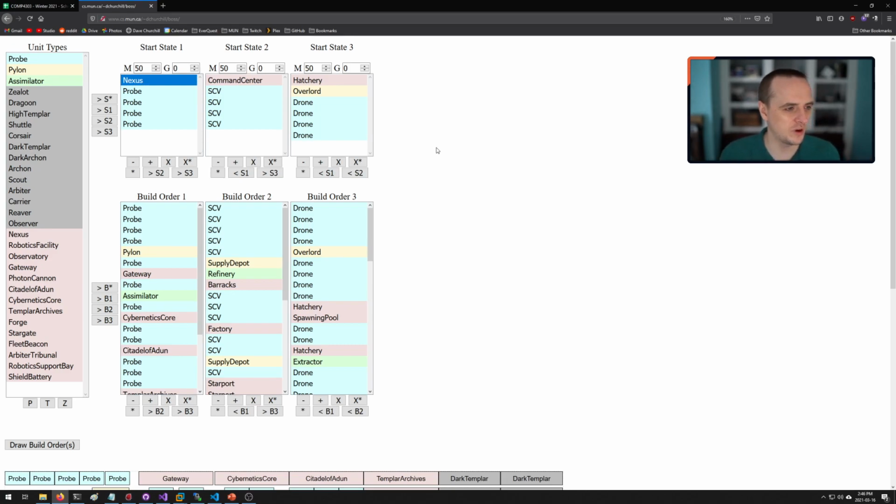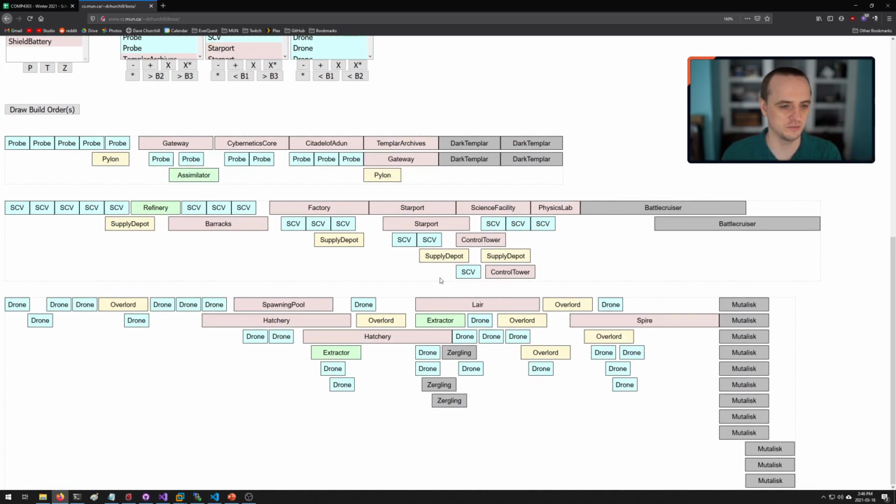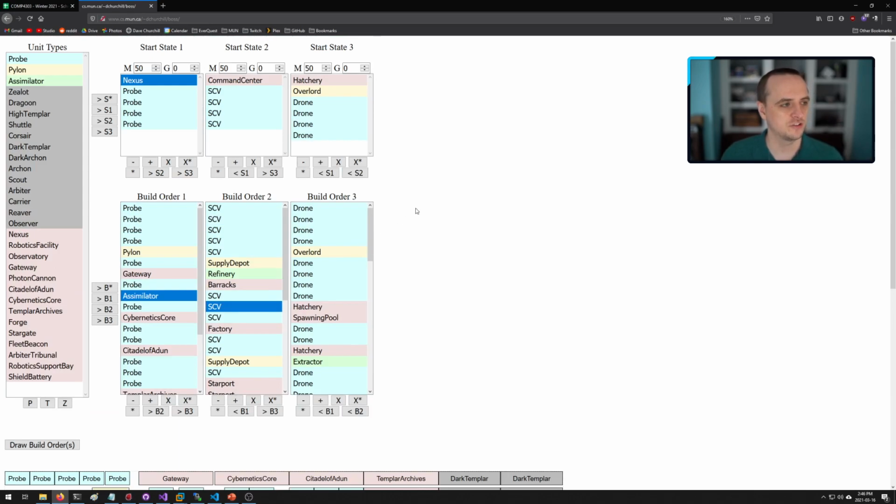So some questions. Can this generate build orders for lowest possible time to build any unit? Or do I always have to put in an arbitrary build order? So this user interface right now, in its current form, just lets you draw build orders. Okay, so it runs the build order that you put in through its visualization system. It simulates the build order and then draws it for you. The search system that I have completed, it will, if you give it...